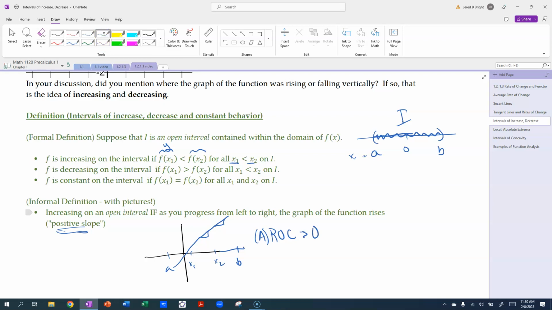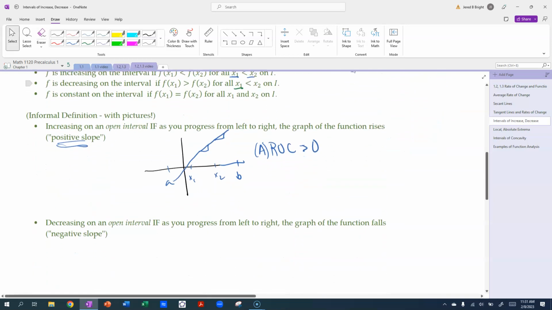Decreasing, the notion of that is as you go from left to right, you are falling. And again, this is the y value. So the y value corresponding to the point on the left side of the interval is larger than the y value on the right side. And so again,